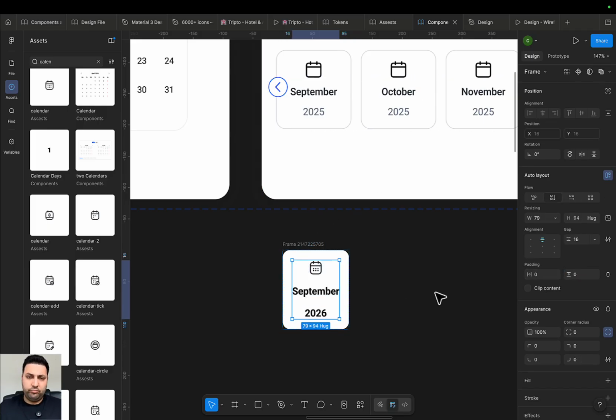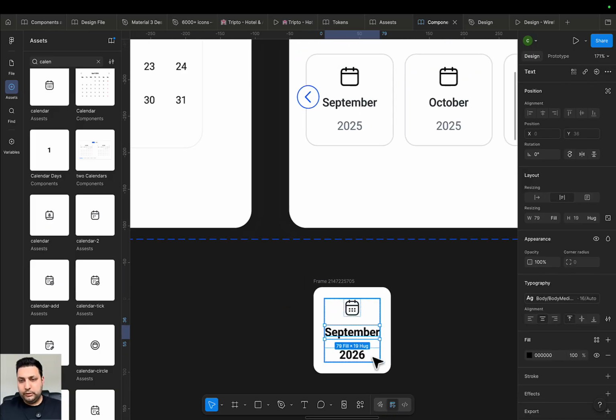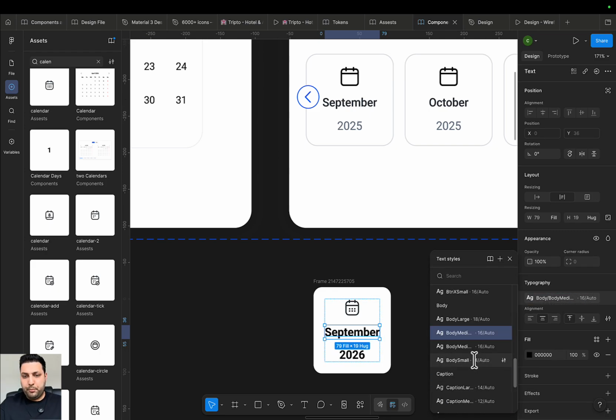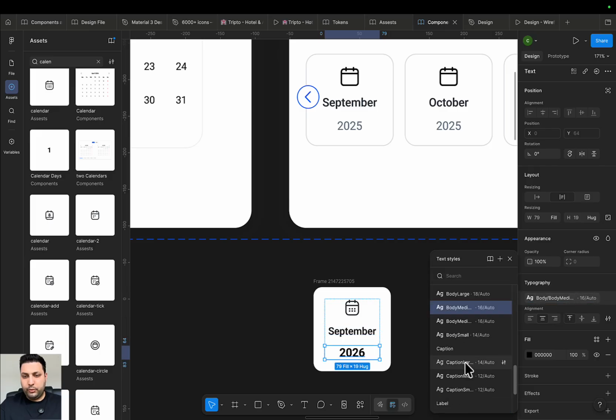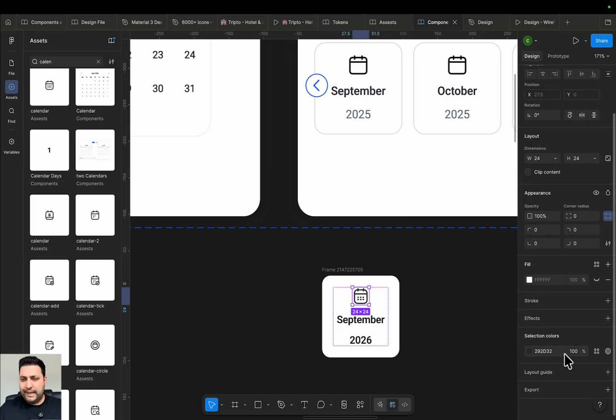Yeah, that's okay. I'm happy with that. The gap maybe 12 is also okay. Then these are buttons. So for September, we can choose this one, and also both of them are the same. The calendar,